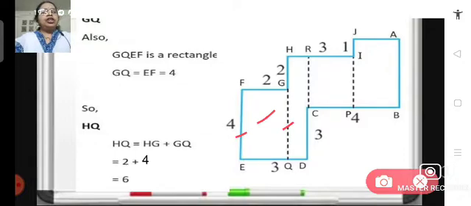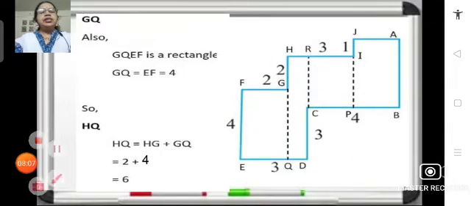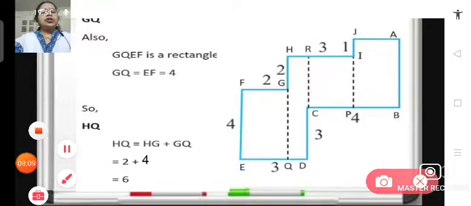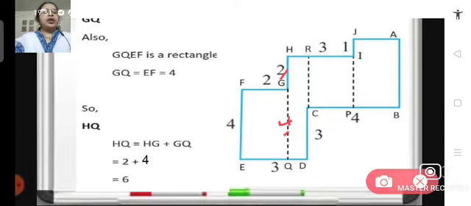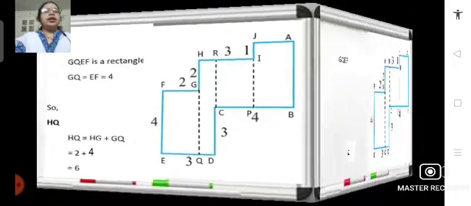So we know GQ is 4 and GH is equal to 2. Here it is given. So what will be HQ? HQ will be equal to 6, isn't it? So this is 4 and this is 2. So 4 plus 2, it becomes 6. So HQ will be 6 centimeters. Now